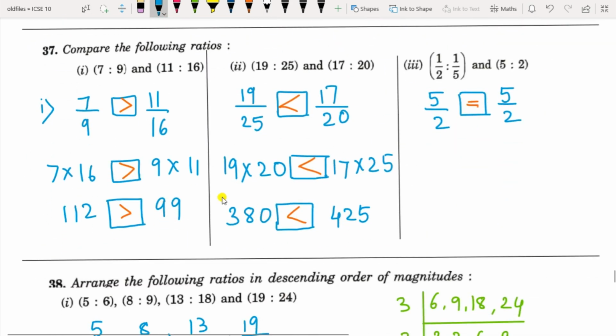Okay. Now if you are given to compare the ratios, so these are the two ratios, just cross multiply and whichever side has the greater value, you have to put that greater sign. So the same will be for the ratio here. In this case also, and here it is equal to. In this case you have to solve this one by taking the LCM and convert it into a whole number ratio, and then you can solve it for greater than or less than.